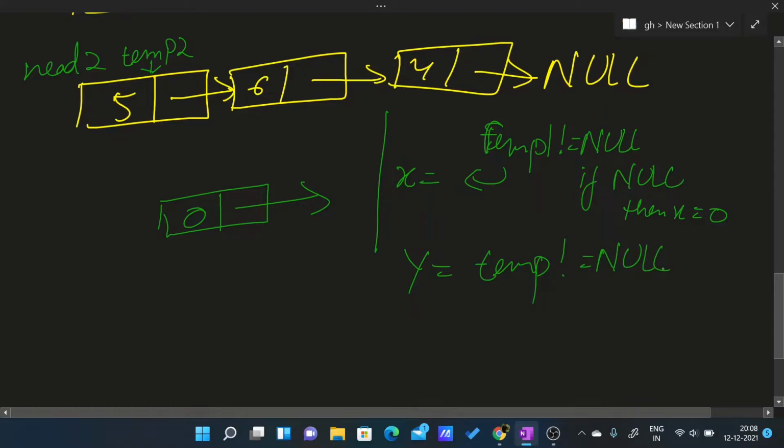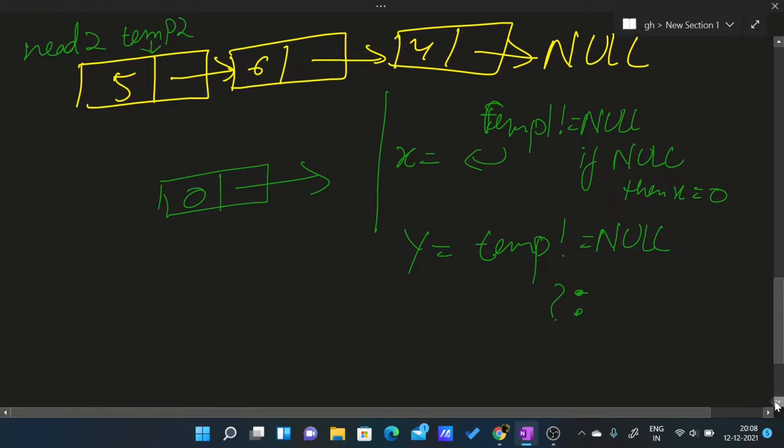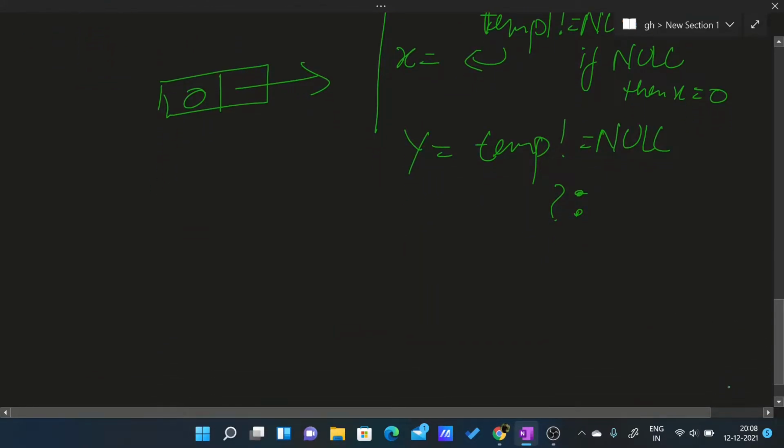Okay, we will use a ternary operation. We can use the ternary operation for this, or we can also use an if else. Then after that we will find the sum, which will be x plus y plus